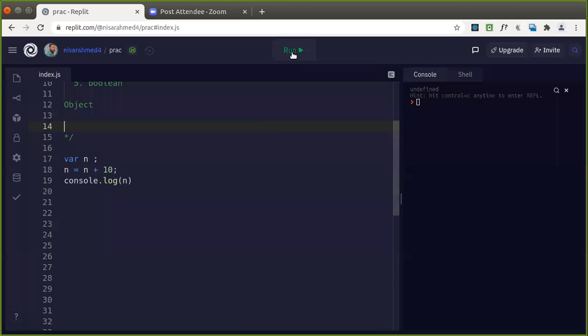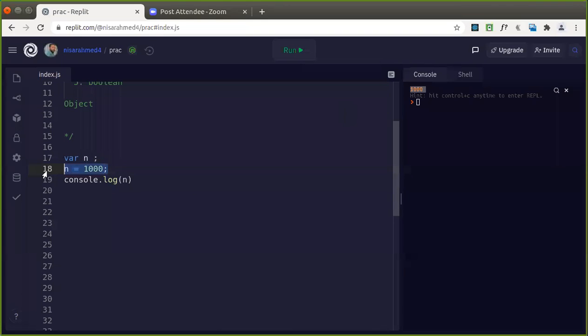Good. So suppose n equals n plus 10. Let's check what we are getting here. See here, you cannot add. Undefined means there was no value, and you are trying to add 10 to that one. So you are getting the value as NaN, not a number. So it goes to show that when you have undefined and you try to add or perform some other operation, you don't get a valid result. We can change its value, suppose later on we have the value and we have assigned it. So that value is applicable here. That is how undefined works.